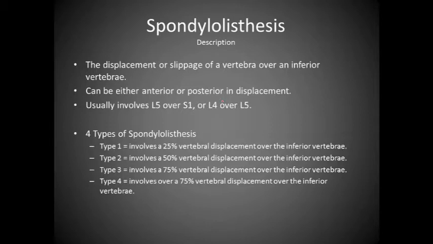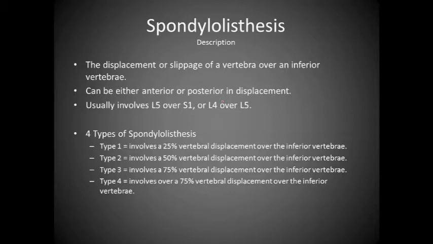So we're going to transition from the brain to spine. Many people forget that the spine is basically a large portion of the central nervous system as well, because the spine helps to protect the spinal canal or the spinal column and spinal cord. Because of that, it's essential that we cover things that can disrupt the spinal cord and cause things such as paralysis, loss of motor function. So the first thing that we're going to look at is